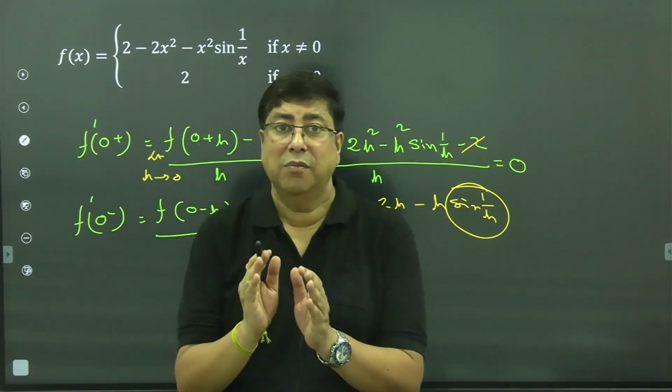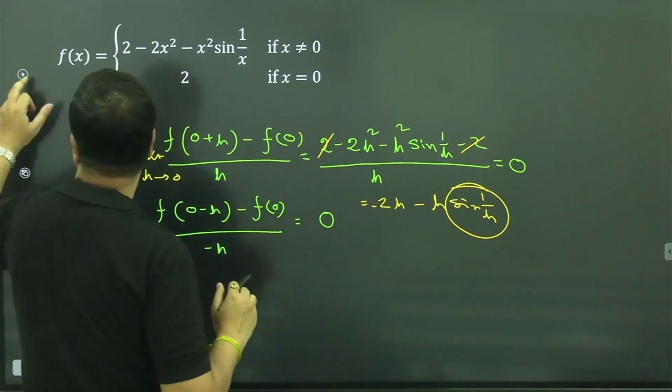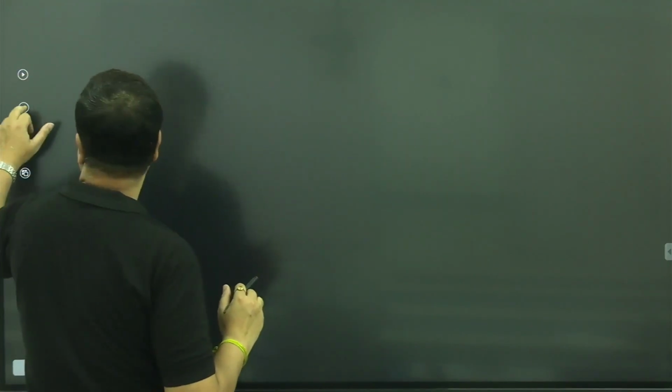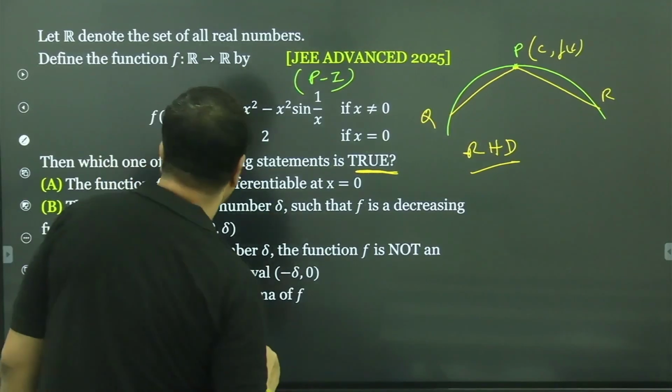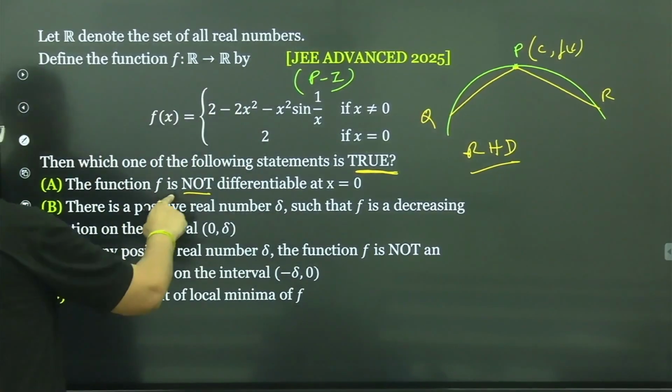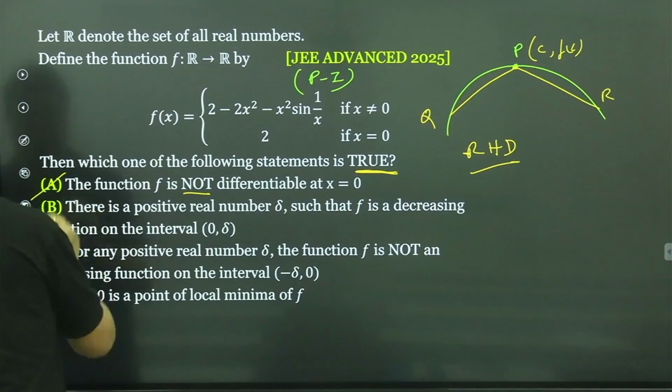Left hand differentiability equal to right hand differentiability, and the function is differentiable at x equal to 0. So these are wrong. It is given the function is not differentiable, so this is the wrong option. Okay,